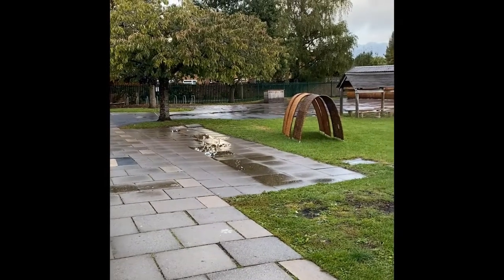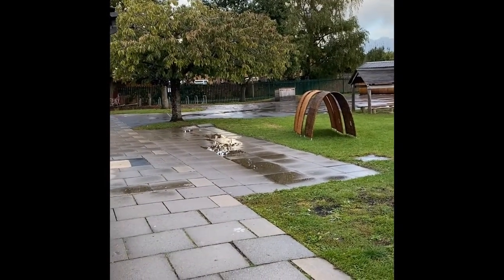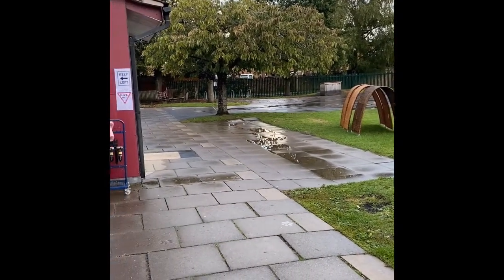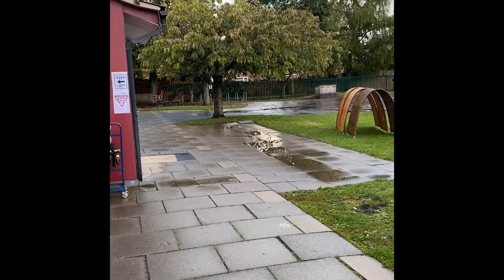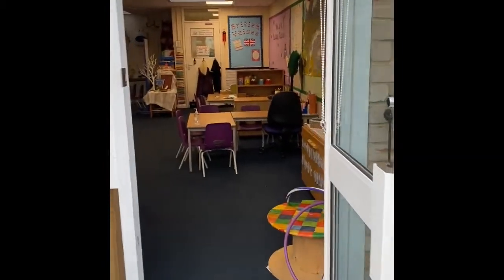Here is the small playground where you wait every morning. The children will line up when I come out and then we will walk into class together. We encourage children in Year 1 to come in independently if possible. When they come through this door here,